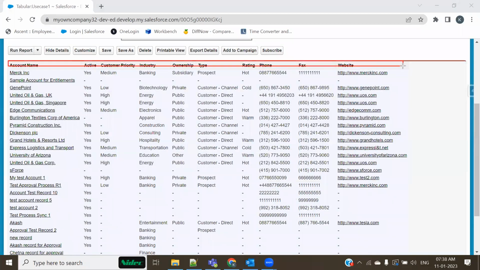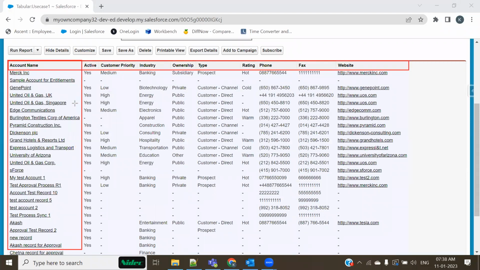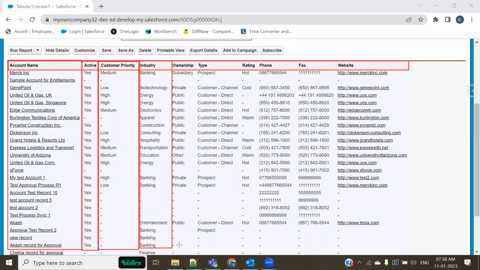It is having account name and then active status, right? These all are the columns inside the report. It is having all these columns: customer, priority, industry, ownership.